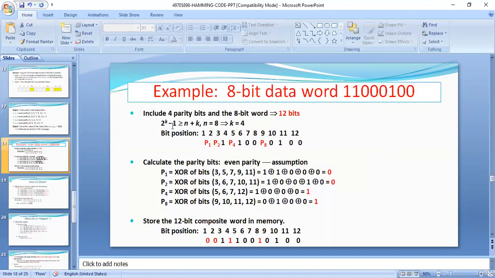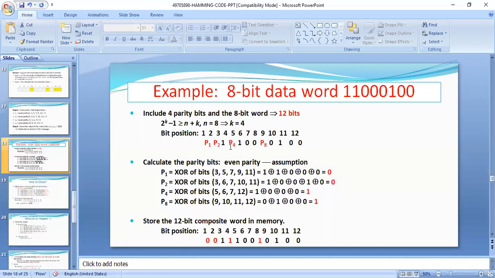The number of parity bits is determined by the formula 2 power p is greater than or equal to m plus p plus 1. M is the number of message bits, and p is the number of parity bits. After calculating, the number of parity bits required to encode this message is 4. What is the total Hamming code word length here? m plus p, the number of message bits plus the number of parity bits, 8 plus 4 is equal to 12. So the total Hamming code word length is 12, with both message bits and parity bits.